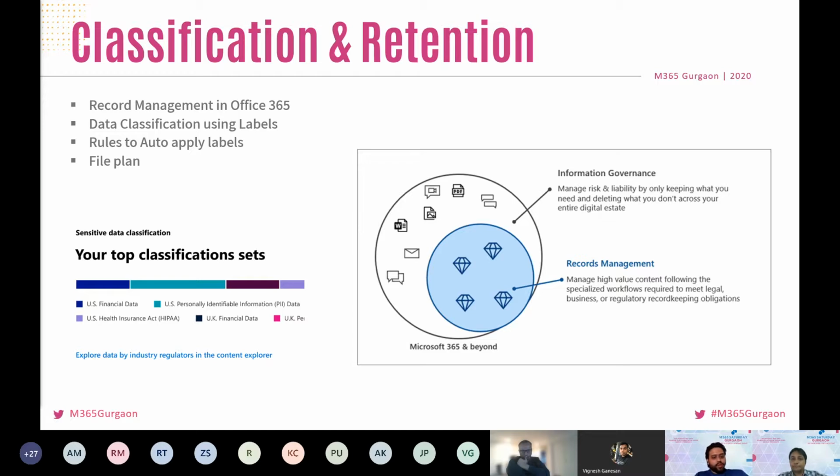Yeah, right. Going forward, we have labels in Microsoft 365 to classify our data. There are two types of labels: a sensitivity label and a retention label. A sensitivity label is part of the Microsoft Information Protection framework, and it allows us to classify our data in five locations: Office applications, SharePoint Online, Teams, OneDrive, and Exchange Online. It provides the ability to encrypt, add a watermark, add a header, and add a footer. We'll shortly cover this in a demo.